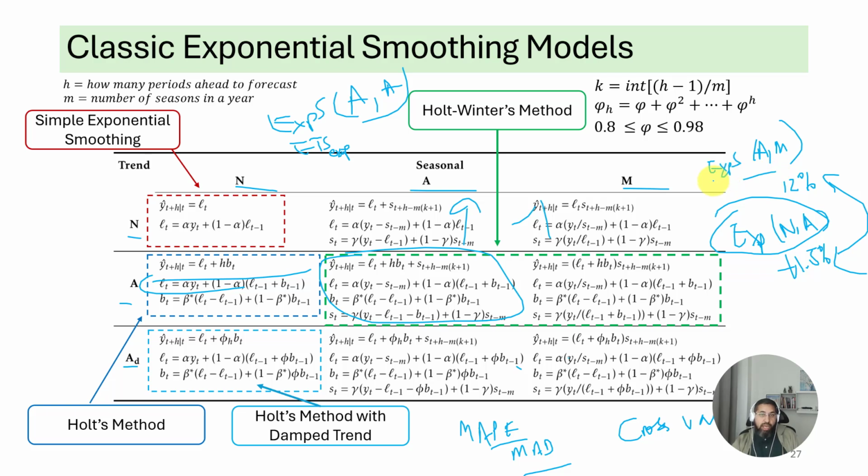There's no way to test if the added complexity of adding the trend is worth it. There's no statistical test. I mean, you can kind of mentally make a judgment. You can say, oh, 0.5% error, what is the cost to me of being 0.5% more accurate? Am I off the data or not? You can make some judgment call, but there's no statistical test to see if the parsimony is worth it. Whereas with ETS models, we'll have a statistical way to say whether we want to go for the more parsimonious model or not. Anyway, so this is exponential smoothing.